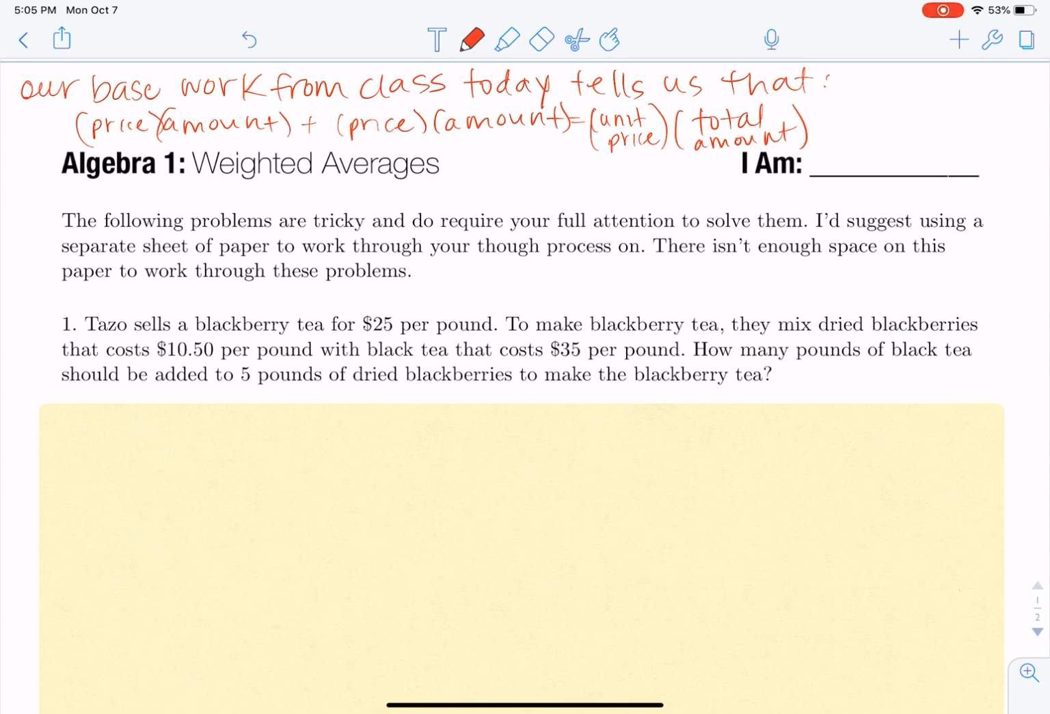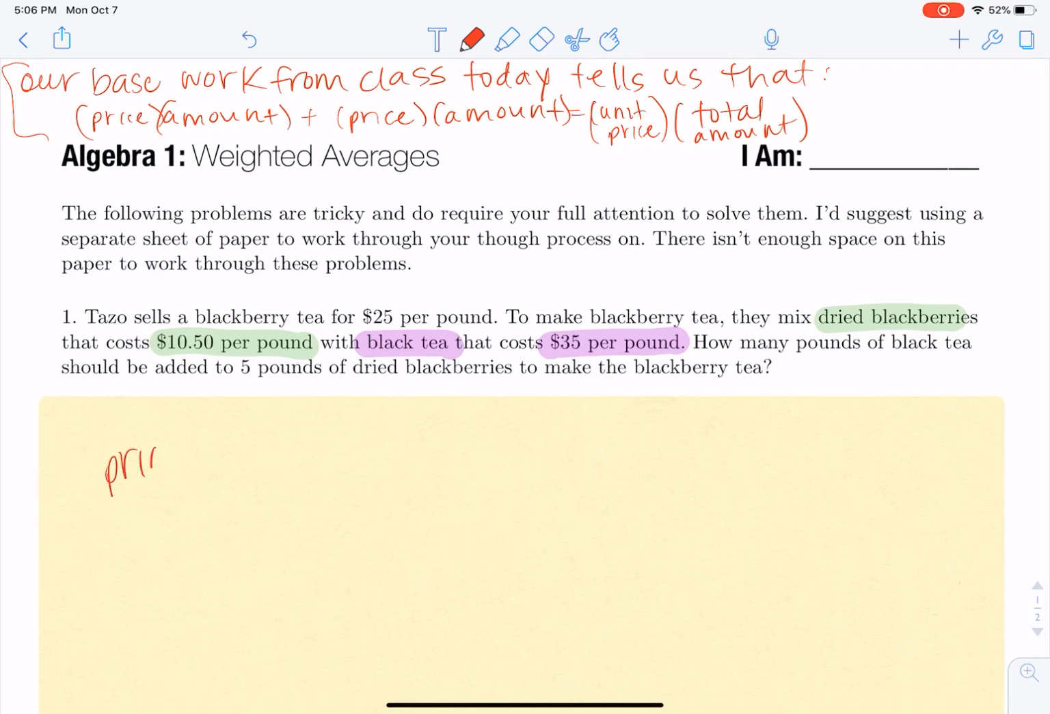So if we look here, we have Tazo sells a blackberry tea for $25 per pound. To make the blackberry tea, they mix dried blackberries that cost $10.50 per pound with black tea that costs $35 per pound. How many pounds of black tea should be added to 5 pounds of dried blackberries to make the blackberry tea? So if you look up here, I wrote our base work from class today tells us that we